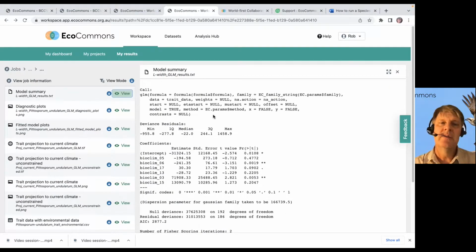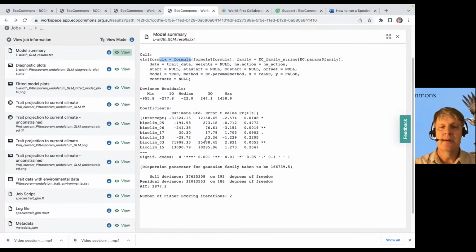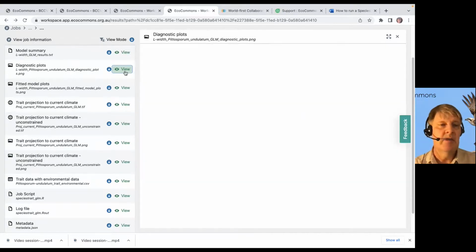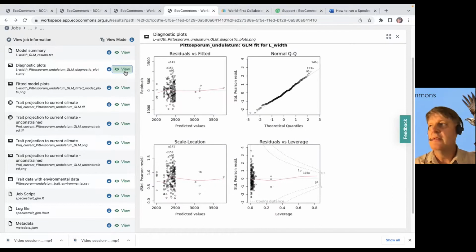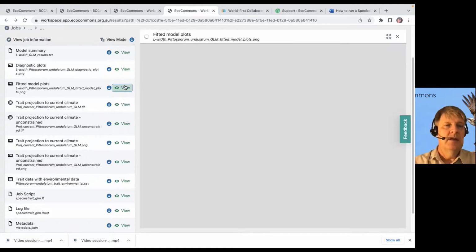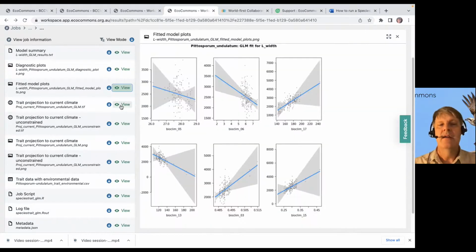If we go into those results, this is the result from the GLM. You get just what you would expect if you were running a GLM in R, right? This is your model summary. These are your coefficients and your errors, and this is what was your call. So all that stuff is there. Your AIC value. You also get the diagnostic plots, so your residual plots. This doesn't look like a great model, right? And some other plots you get, and a variety of